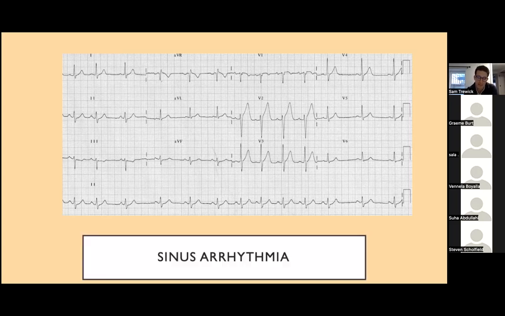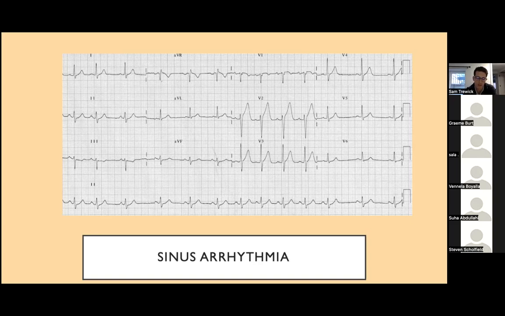Firstly, on your point about the tachycardia, not all AF has to be tachycardic, so don't use that as a way to say it's not AF. But this is sinus arrhythmia. You're completely right, because there's a P wave leading to each QRS complex. We can say quite safely it's not